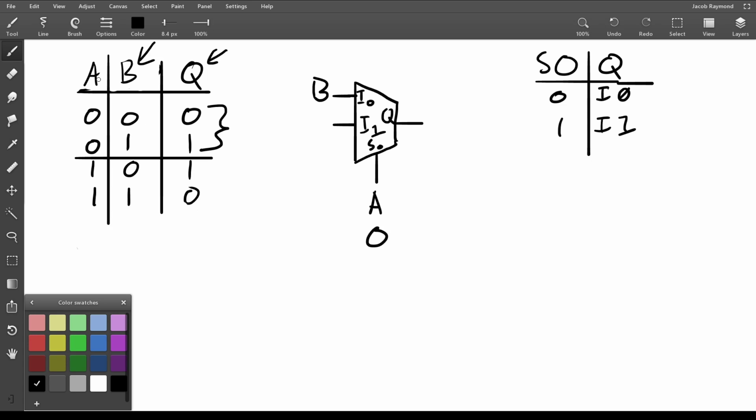So when A is 0, in these two rows, we can see that Q is always the same thing as B. So we can put a B here, right? Now, again, I put this over here because we're passing in 0 to the mux, so it's going to be selecting I0. So if we want the output to be B when A is 0, then we need to put a B here at I0, so that's what gets passed through. So now for A is 1, well,